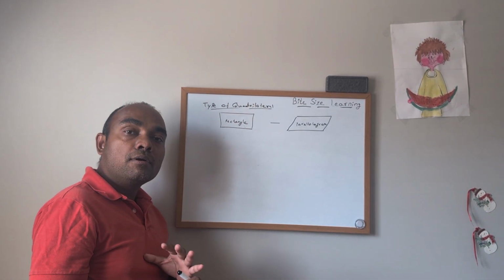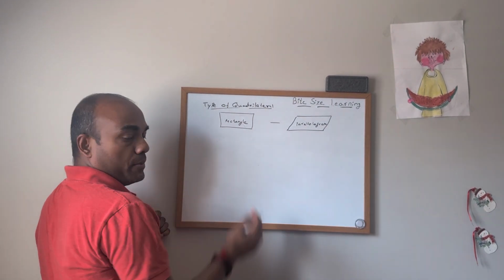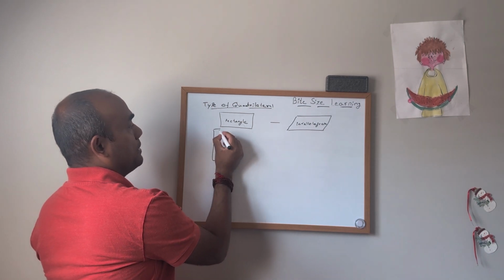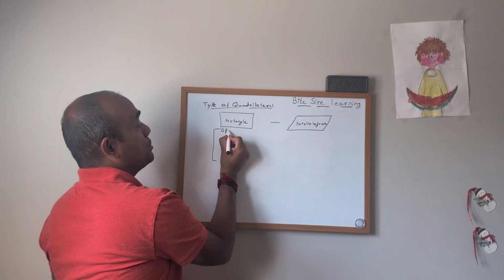So we'll continue our discussion about types of quadrilateral, right? Today we are going to talk about a rectangle and parallelogram. Okay. So what is the normal definition of a rectangle, right? So a rectangle is a shape, a quadrilateral, that has opposite sides